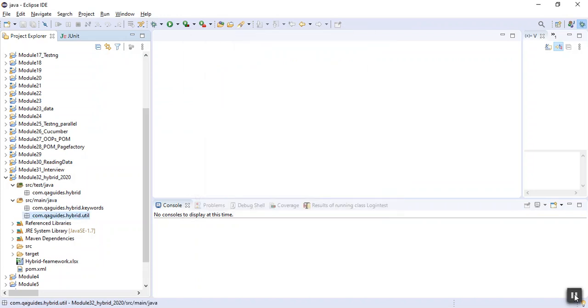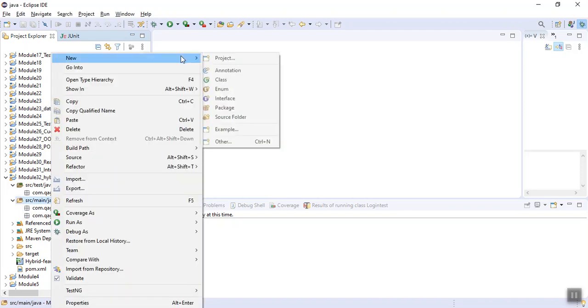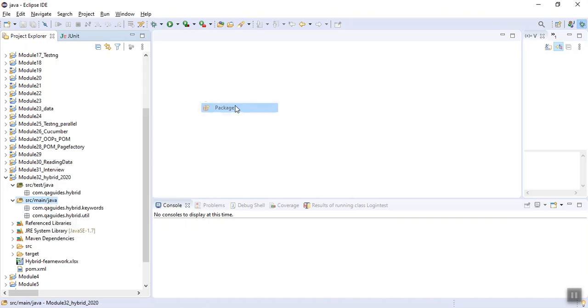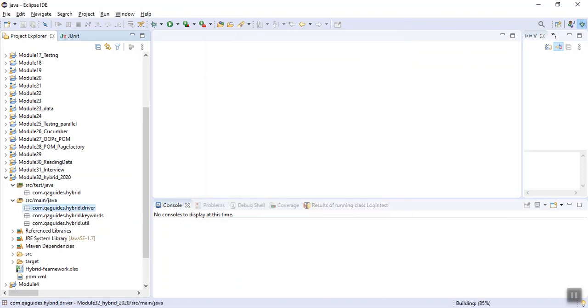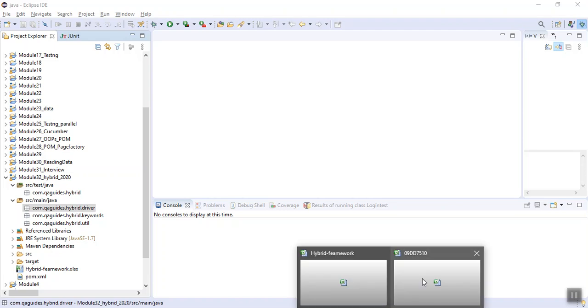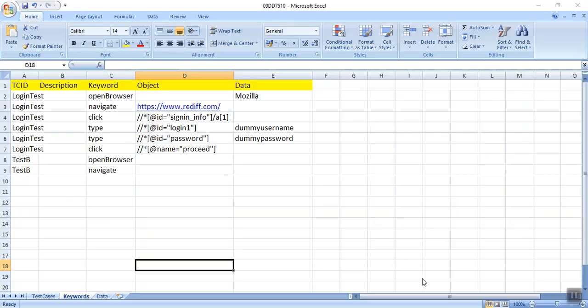So I have created new packages here, and one more package I am going to make is, I will let you know about all these packages, dot driver. I have created this third package also, and under this test we will be keeping our test cases. We have created two suites. I haven't done anything in suite B. This is my suite A which I have created.